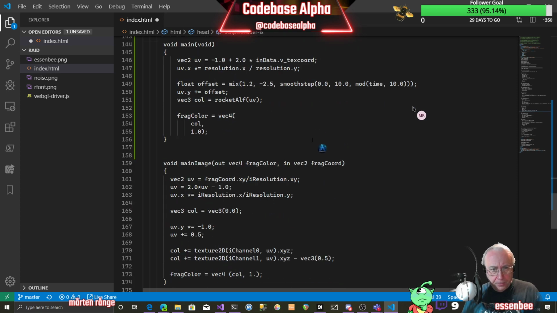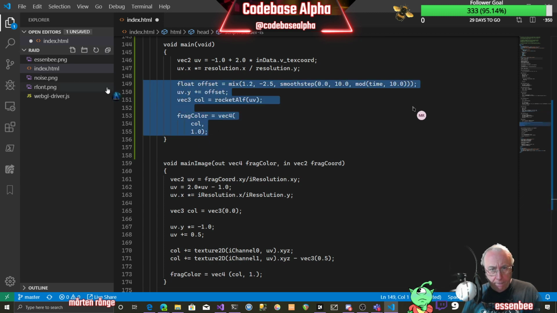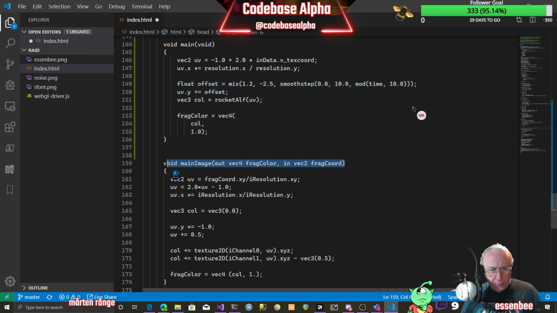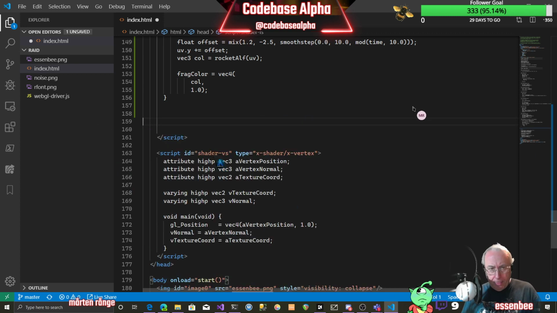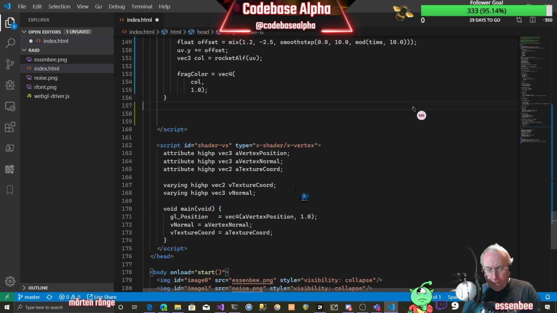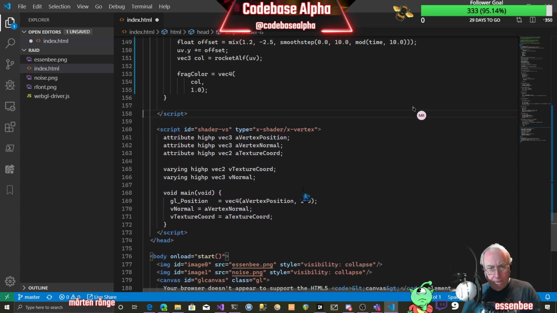So I think basically what you do is you take the signature of the main image function at line 159 and replace the line 144 with that. And we can start thinking how to do it. And then you remove the rest here. So instead, if you scroll up a little bit,